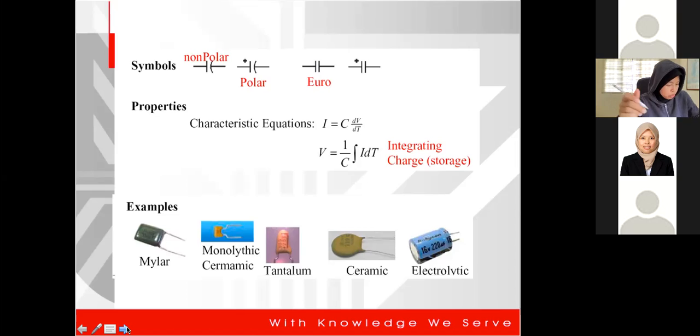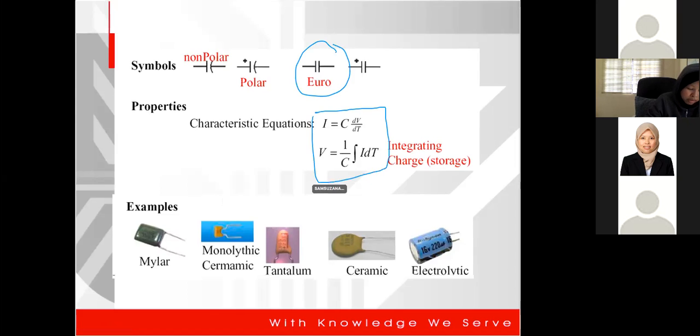Okay, symbols. For the capacitor there are several symbols used, but the one we use most commonly is the Euro one. Properties of the symbol, the characteristic equation, this is what we always use when we do circuit analysis involving capacitors. This is I is equal to C dV/dt, and then V is equal to